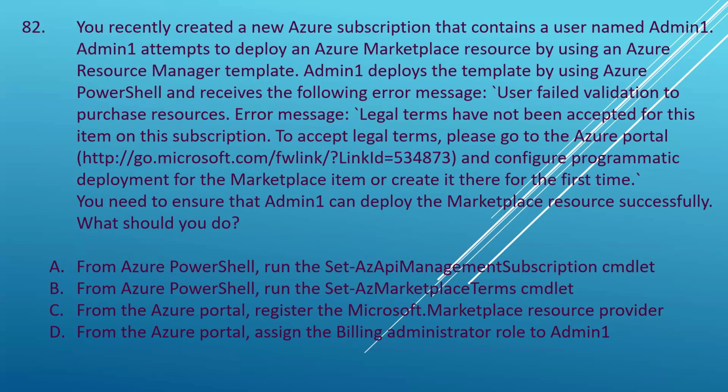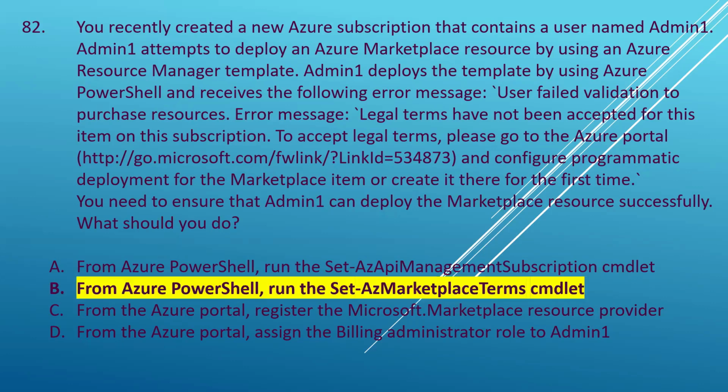To resolve the error message and enable admin1 to deploy the Azure Marketplace resource successfully, you need to accept the legal terms for the marketplace resource in the Azure portal. To do this programmatically, you can use the set-AZ marketplace terms commandlet in Azure portal to accept the legal terms for the subscription. The commandlet takes the name of the publisher, the name of the offer, and the terms agreement